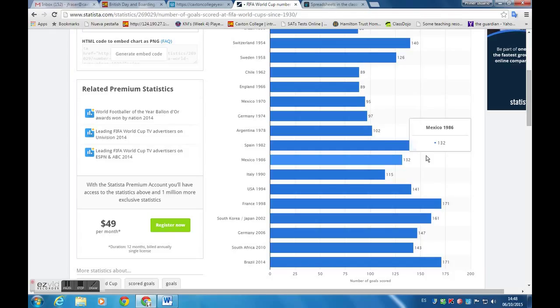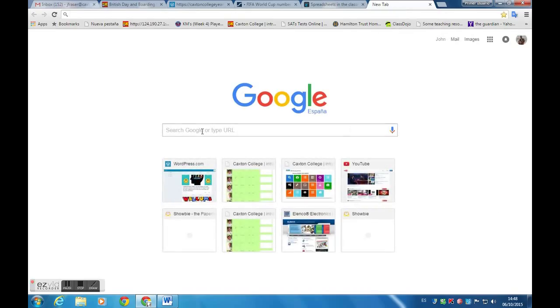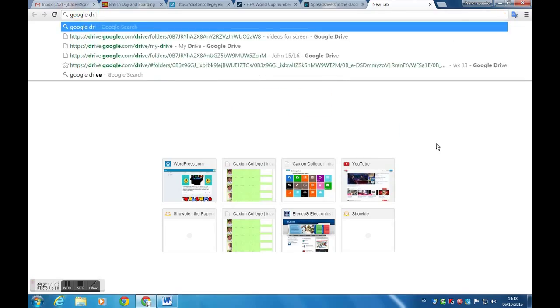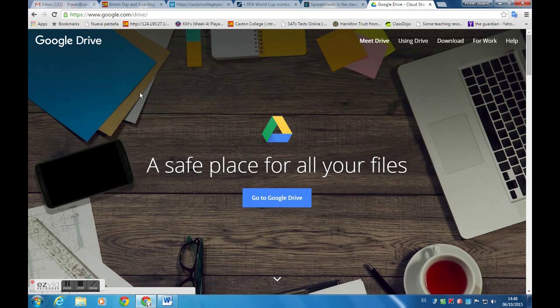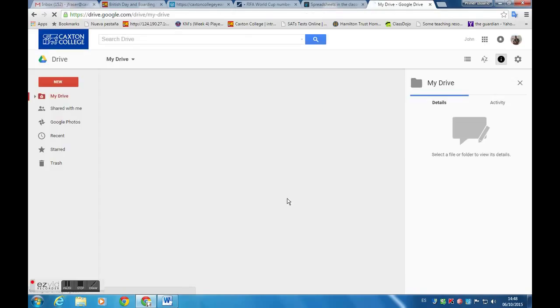However, let's go back to using a spreadsheet. So, what spreadsheet are we going to use? Well, we're quite confident using Google Drive, and so we may as well use one that you can use in Google Drive. So, first of all, I'm going to go into Google Drive to check that you can do this. Alright, Google Drive. There you go, I've searched that, gone into Google Drive. Now I've done this first because we're going to use an app called Google Sheets, which is